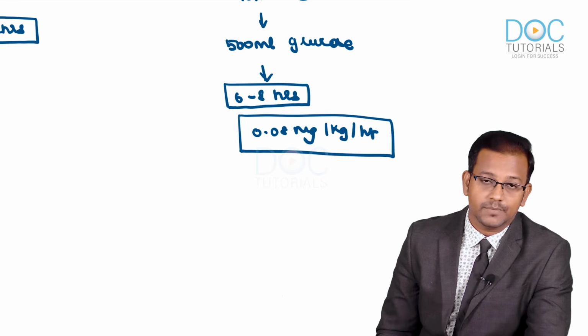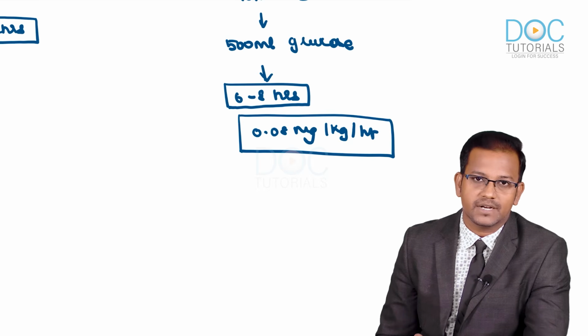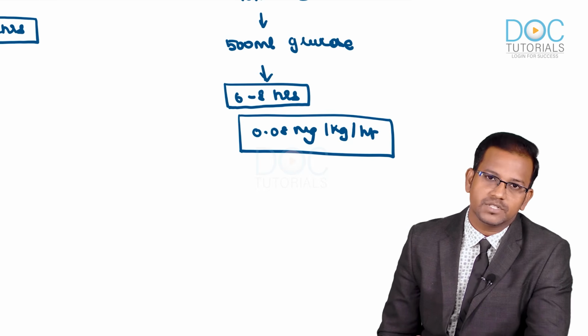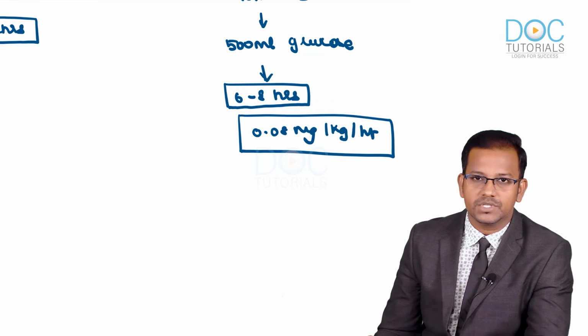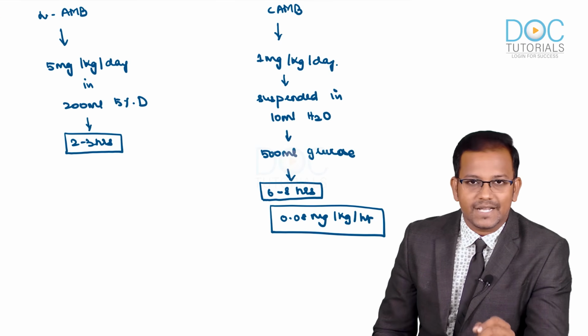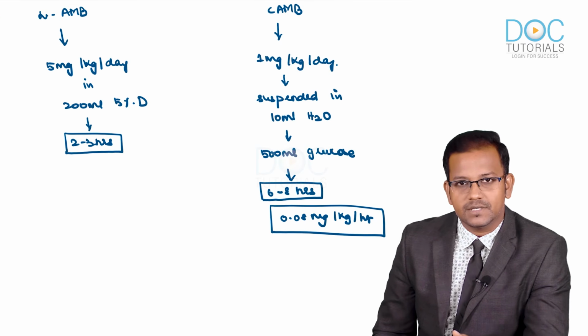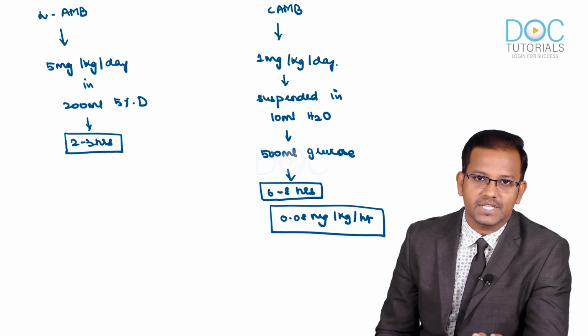Please note that there is a probability of nephrotoxicity and infusion related reactions. So it is always better to administer at low doses and escalate gradually, instead of administering larger doses like we did for liposomal amphotericin B. Clear? Amphotericin B is not preferred to be mixed with NS. It is not mixed with NS, guys, right?